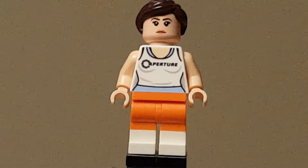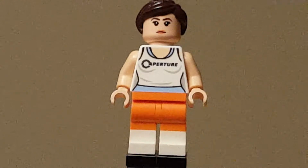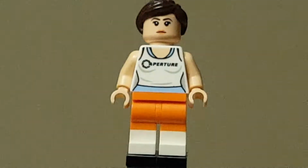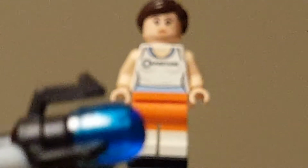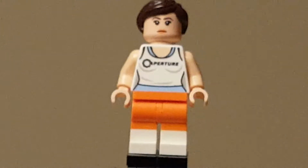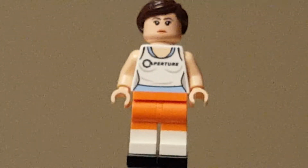And I guess the gun is actually made up of 2 pieces. You have this main piece, as well as just a small light blue Baraki eye piece that just goes in the end to represent, I guess, a portal being shot out, maybe? Anyway, so then just looking at the figure, you can see the Chell does have an exclusive pair of orange